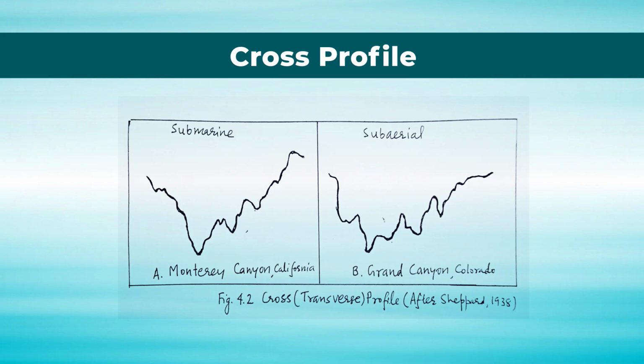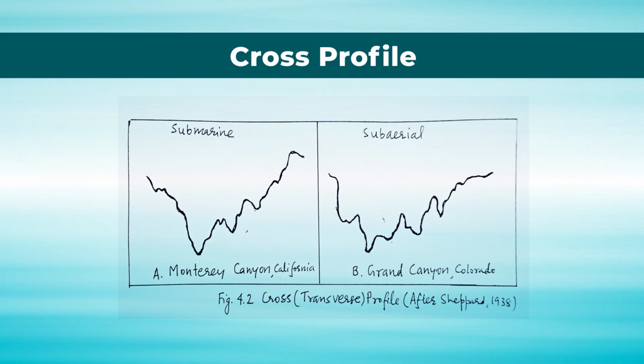Subaerial means beneath air, beneath atmosphere, that is on the continental part, and submarine means beneath water. So it is in the ocean, on the seabed. So submarine canyons have matching cross profile with the canyons present on the continental parts. So this diagram clearly shows the similarity